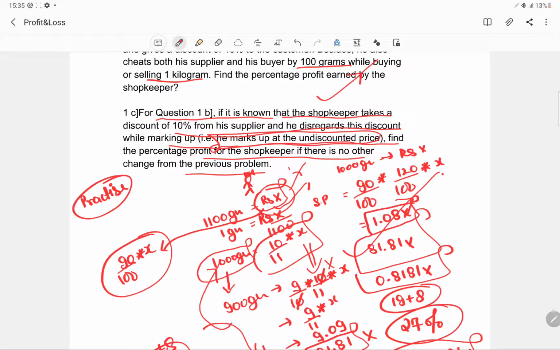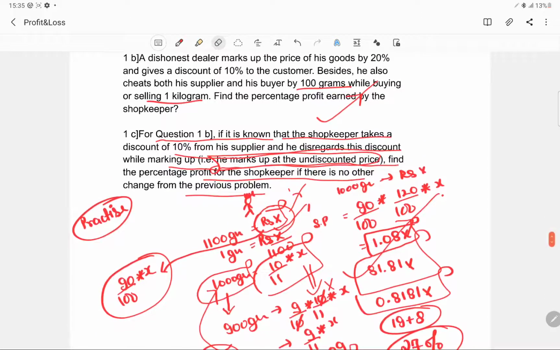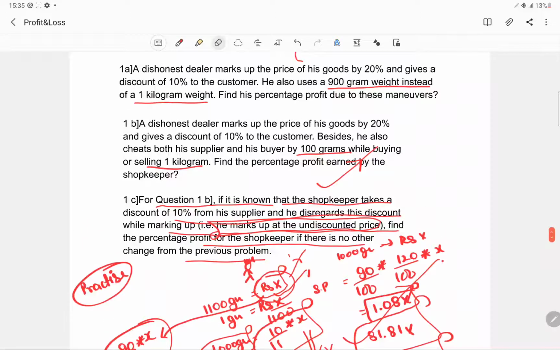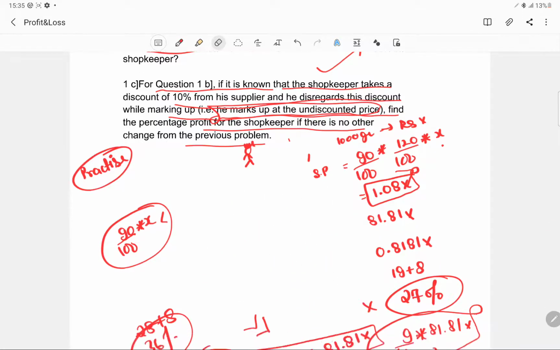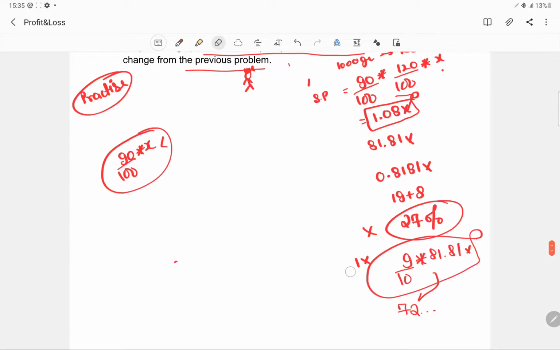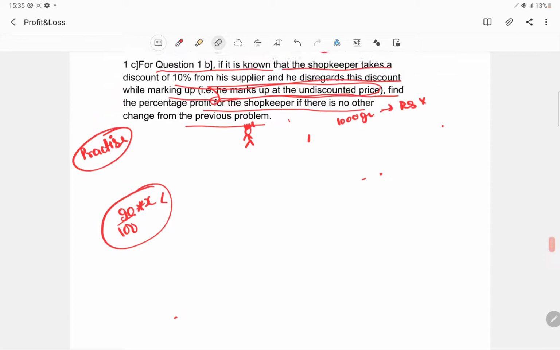उसने कहा कि मुझे तो अभी भी 1000 kg जो है वो रुपीज़ x का ही पड़ा है, पर उसको वो x का नहीं पड़ा था, उसको फर्दर लेस पड़ा था, क्योंकि उसने 1100 ग्राम्स की चीटिंग भी करी थी, प्लस उसने जो है 10% डिस्काउंट भी लिया था. Okay, so you can just go through this, use the similar steps, and it is a very good question. It is covering almost each and every part of the way the profit can be made.